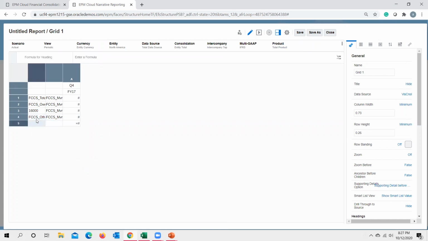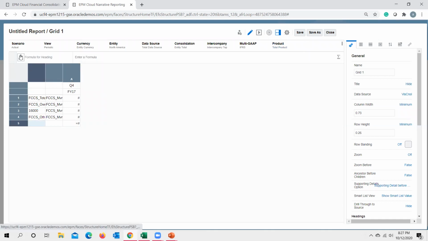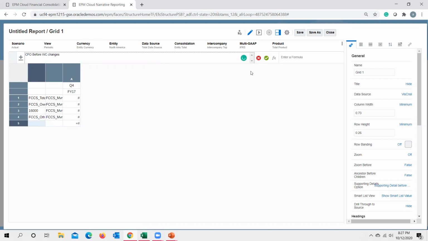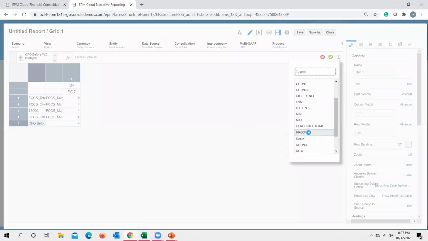I could provide a text in here. So I want to keep my text as cash flow before working capital changes. I bring my formula heading in here as custom heading. I want to keep my custom heading as cash flow before working capital changes. And I want to insert a formula in here, my formula being the sum formula. So I just use sum